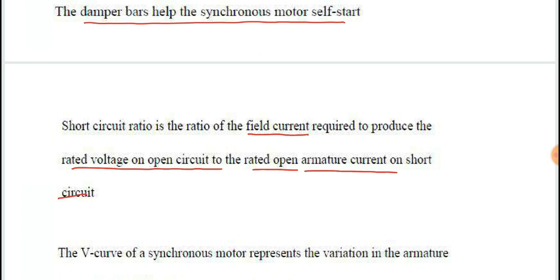So actually this is a wrong statement. Here, if there is a field current instead of armature, this statement is correct, but here the armature is given, so this is the correct option here. Okay,